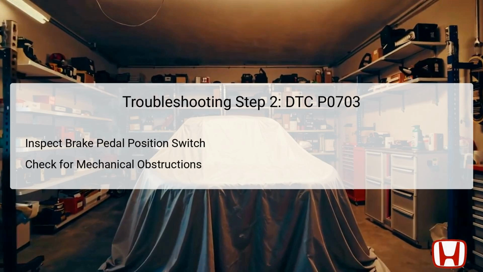The next troubleshooting step involves inspecting the brake pedal position switch itself for any visible issues. It is essential to ensure that there are no mechanical obstructions inhibiting its movement. Intact functionality of this switch is integral to proper braking performance, and any physical barriers could lead to erratic signal transmission to the PCM. Ensure that the switch engages and disengages smoothly with the pedal's motion, and check for any signs of physical damage or wear. This inspection can prevent further complications and ensure that the switch operates under optimal conditions, allowing for accurate communication with